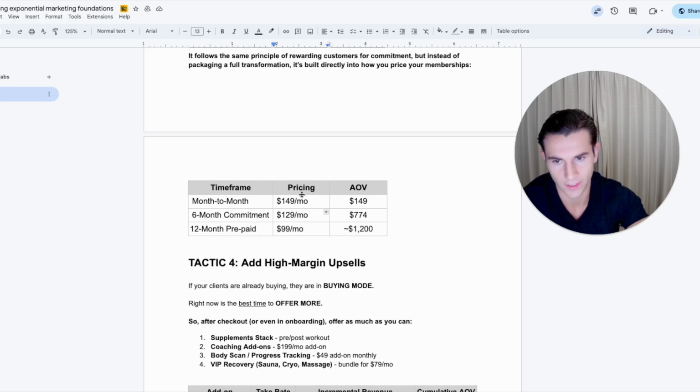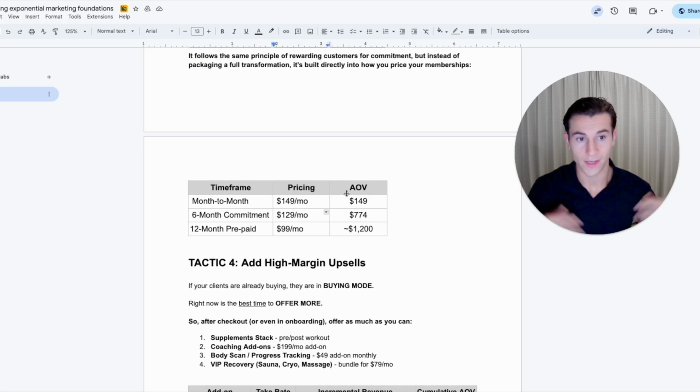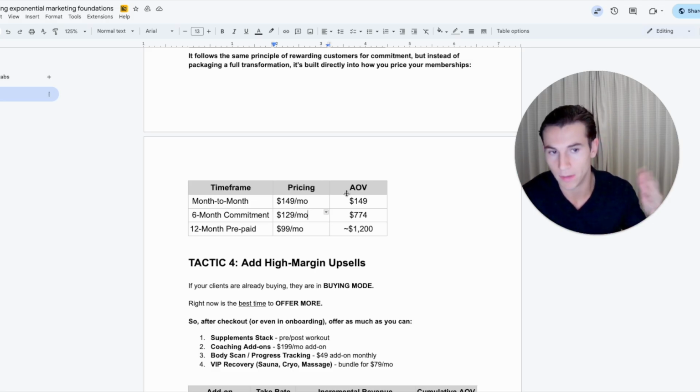So instead of saying, usually, like most gym owners, this is the thing. 99% of gym owners, if somebody walks into their gym, if it's a base membership style gym or even personal training, it's just, hey, this is how much it is per month, or this is how much it is per session per month or something like that. And there's nothing else outside of that. There's no time commitment or 6-month period. And they're just kind of burning cash.